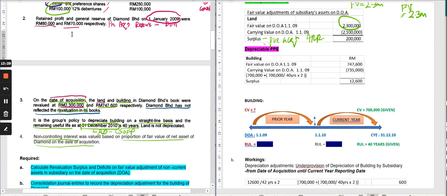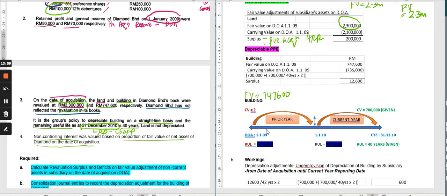The fair value was on 1st of January 2009, because that was the date of acquisition, and the fair value was 747,600. So the fair value was 747,600. So that is the one that should be here. Fair value of the building is